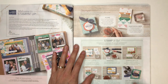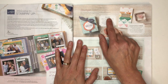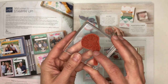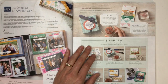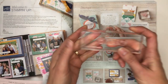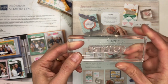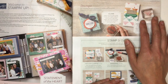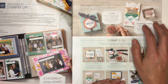First, on page 3, Stampin' Up! talks about the two different types of stamps that they offer. One is called Cling, which is actually a red rubber stamp, and you put it on a clear block. It just clings to the block. The second type is called Photopolymer, and that's a totally clear stamp that you're also going to put on a clear block. So all of the stamps come in one or the other. You can't choose which. It's already chosen for you, whatever they think is the best way for that stamp image